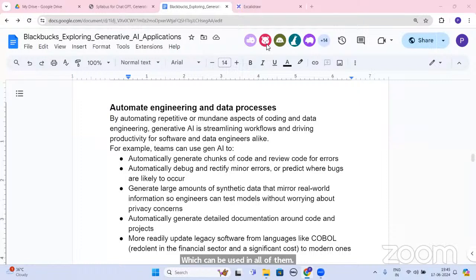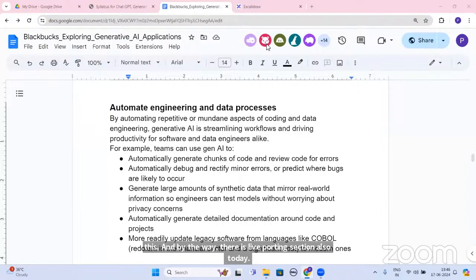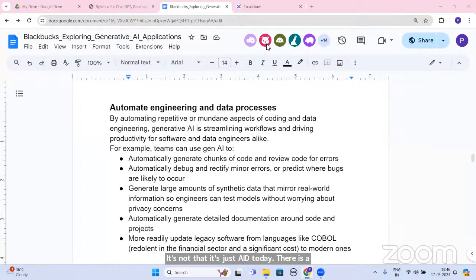Right? Take your time, go through this, and do let me know if I can help you with anything. Everybody, guys, take 2 minutes of your time in going through this. And by the way, there is a live coding session also today. So it's not that it's just theory today. There is a combination of live coding session as well. 30 more seconds, everybody, guys, and then we will move ahead with the next part or next activity.